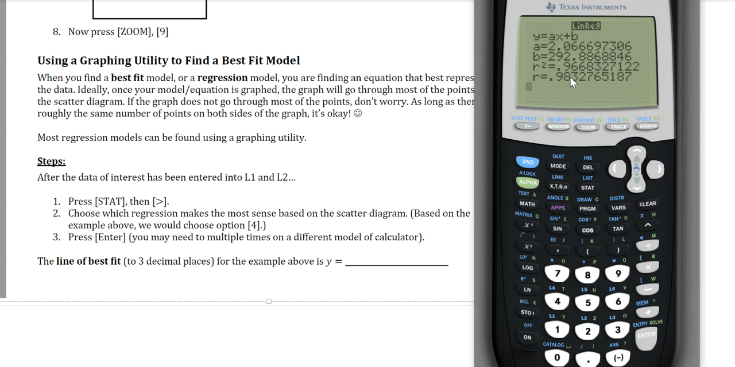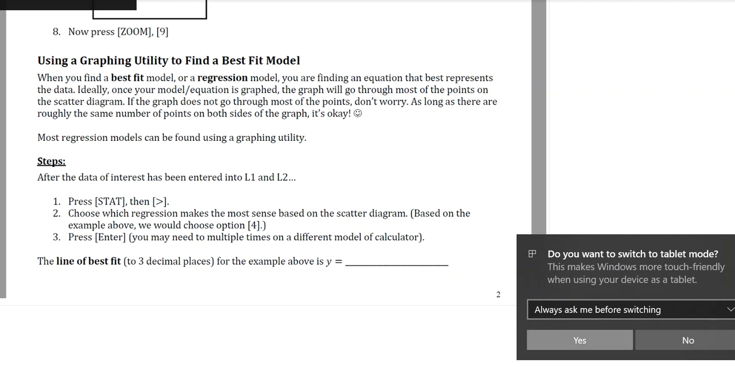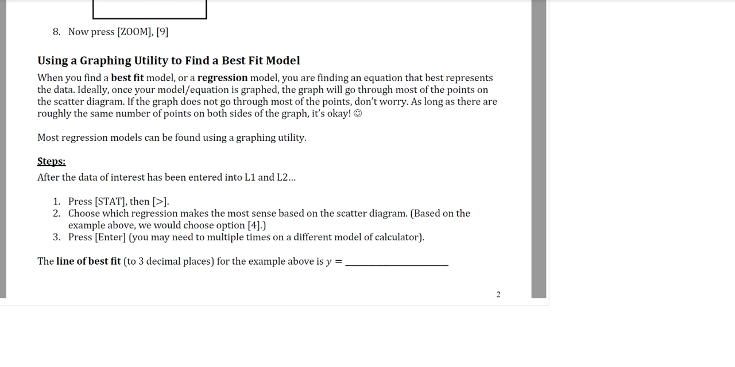Okay, so with that, I'm going to go back to this screen here and simply write out the line of best fit, rounding to 3 decimal places. Alright, so the line of best fit, the slope is roughly 2.067. Don't forget the x, plus our y-intercept, which is roughly 292.887. Now, in the context of the variables, remember the dependent variable is the sales, and the independent variable is